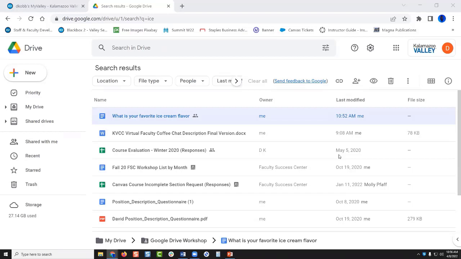Kathy in the chat said, can you make a copy and then it remains an original without changes made by those with whom you've shared? Yeah, so you could have multiple copies of the same file, and one copy you could keep not shared with anyone, and that can be your primary copy.